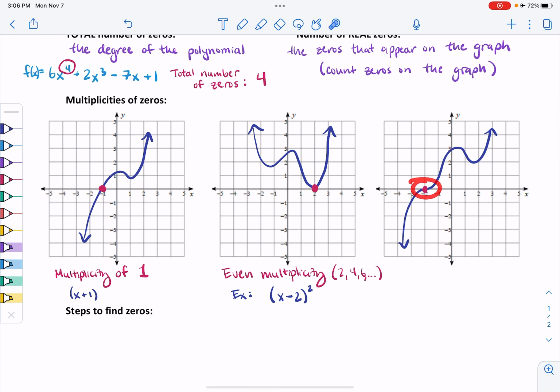When we have a multiplicity like that, it's going to be an odd multiplicity greater than 1. Over here we had a multiplicity of 1. It's an odd multiplicity, it just crosses, right? But when it squiggles through like that, it's an odd multiplicity greater than 1. So as an example, x plus 2 is the related factor, and this could be raised to the third power, okay? It could not be raised to the first, however, because